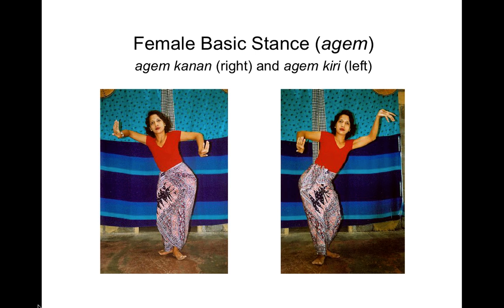The squeezing together of the shoulder blades is important because it helps to give the arched look of female dance roles. So there's a kind of arch to the back. For female and refined male roles, the arms are at 90 degrees, and we can see that in the pictures on the screen, and the wrists are slightly lower than the elbows, and the hands are bent back at the wrists with the fingers in the right agam pointing upwards. The right hand, which is called the tangan mata, tangan means hand and mata means eye. The right hand is level with the right eye, and you can see that on the screen.